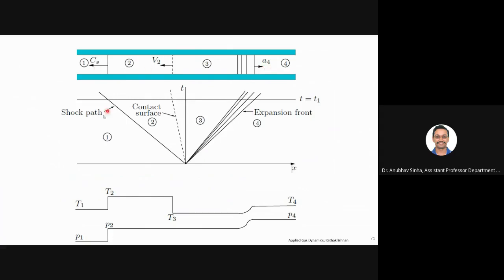So we'll see one shock wave traveling in the negative x direction because fluid is moving at high velocity to the left, and because of the sudden drop in pressure, we'll see an expansion fan which is moving to the right. Is this clear to everyone, or should I explain it again? Yes or no? If anyone has a doubt, just let me know.